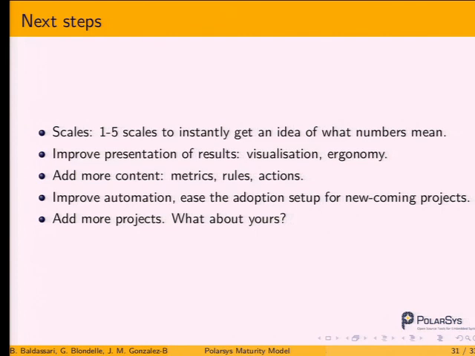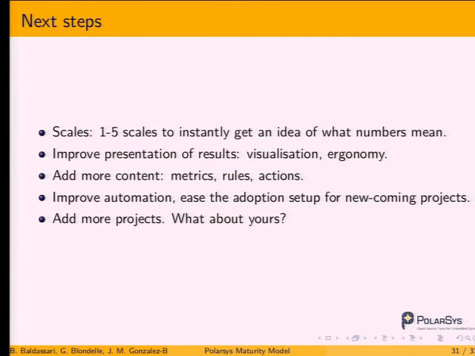But how do we do the thresholds? That's quite an open question. We would like some feedback about that. We're going to set up a panel of projects and then use statistical methods to say, okay, compared to the others, so projects from Eclipse and from other forges as well, then it's quite high or it's quite low. It's not a judgment, it's just telling you how you compare to other projects.